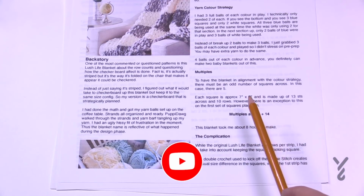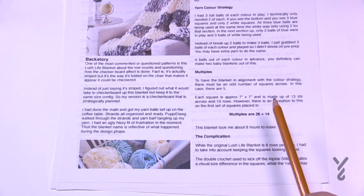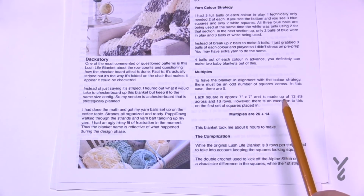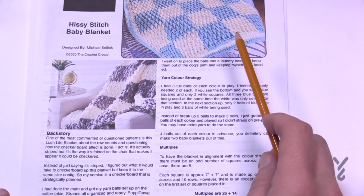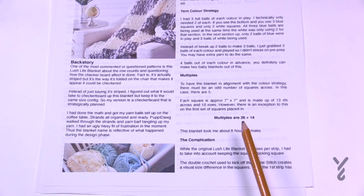So each one of the 7 by 7 is 13 stitches across by 10 rows high. But there is an exception to this, and that's on the first set of squares that is right here. And I'm gonna pull the sample just to show you why that is. And so if you would like to change the size of this or change out the yarn, the multiples are